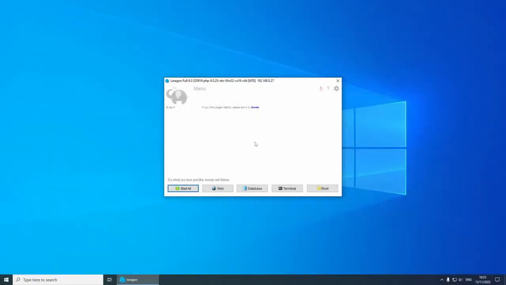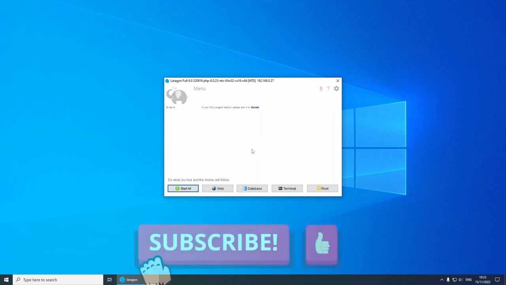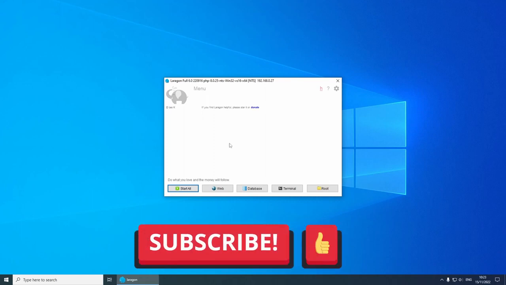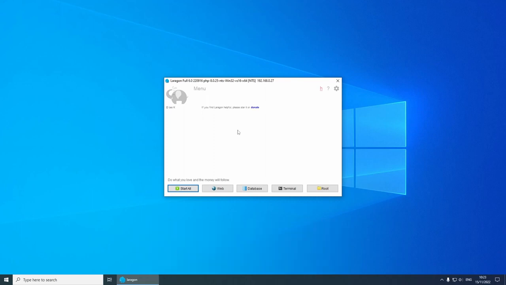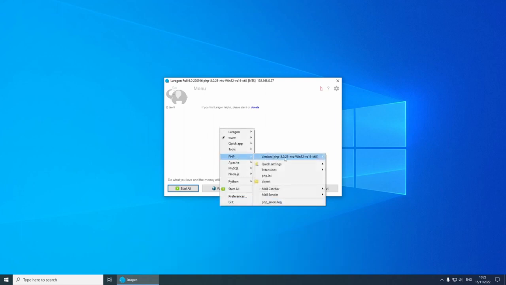For today's video, I'm going to be using Laragon in order to be able to install WordPress locally. If you're on Mac or Linux, you can try Local by Flywheel or you can use XAMPP. The first thing that I want to show you is that if you are using Laragon, I did have to download the PHP version. So right click PHP version and I downgraded to 8.0.25 purely because 8.1.10 was giving me